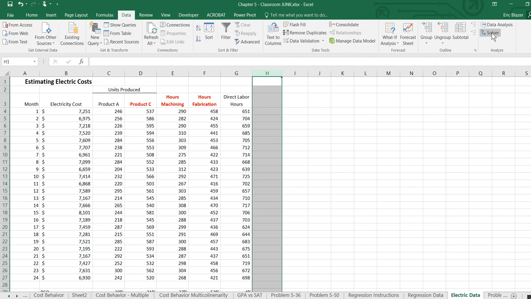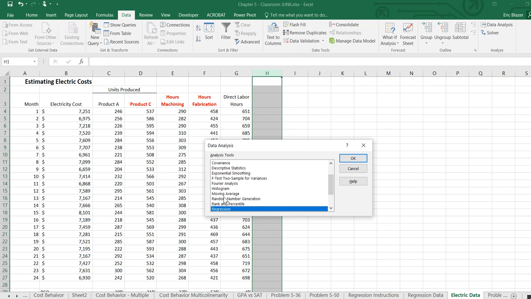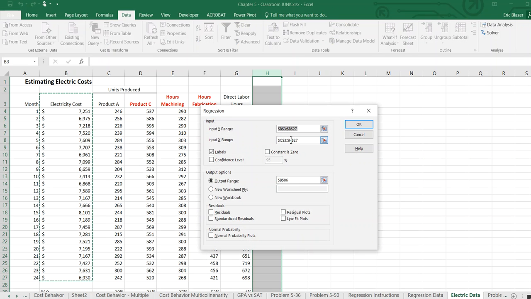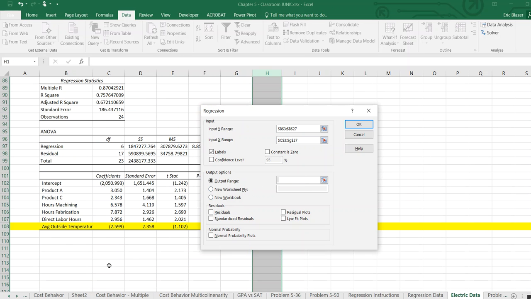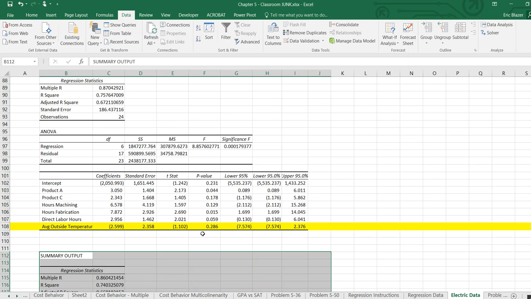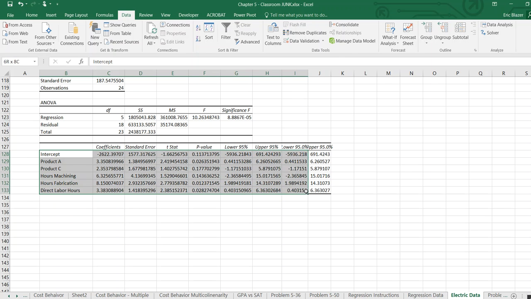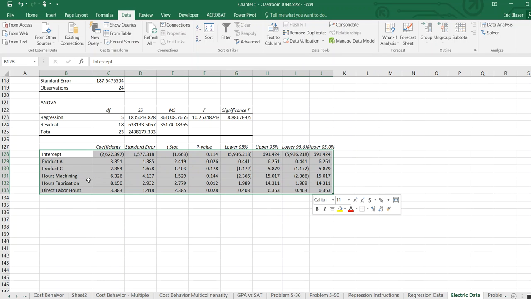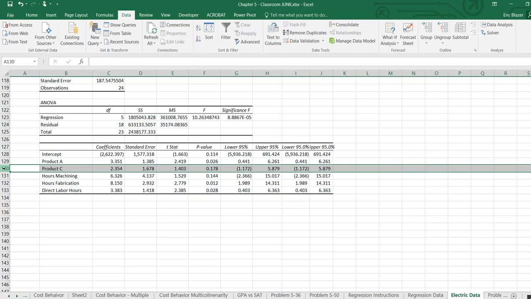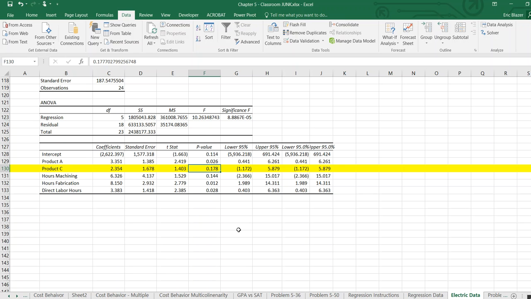Run data analysis again. Regression. Our independent variables now only go over to column H. Output. Let's put our output down below. Again, let's change our formatting just to read them a little bit easier. P-values. The one with the highest p-value now is what? Product C. With all these other variables in the model, there's a 17, roughly 18% chance that product C really